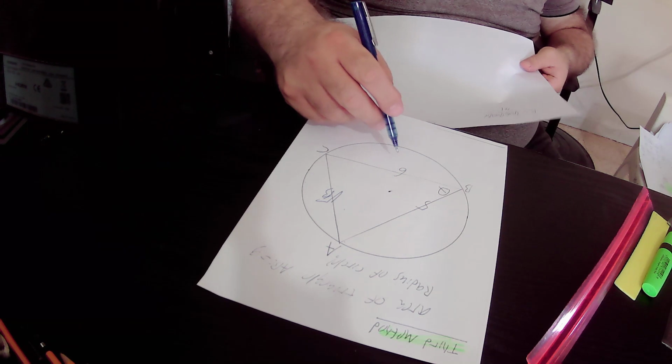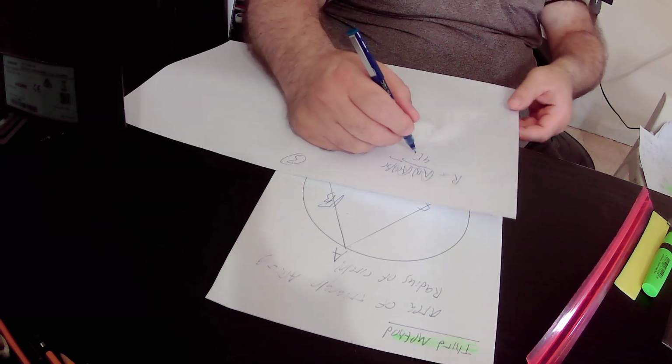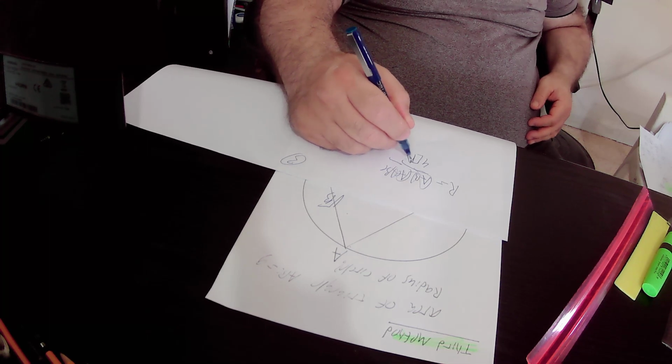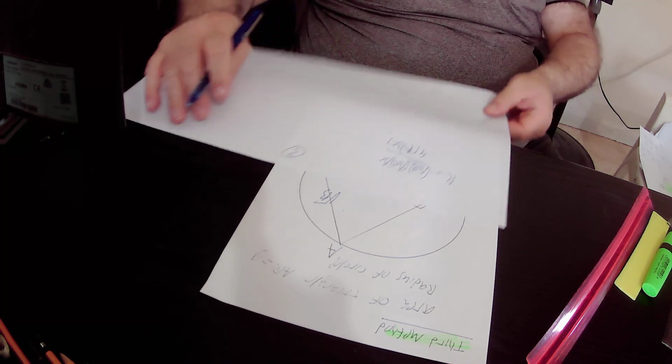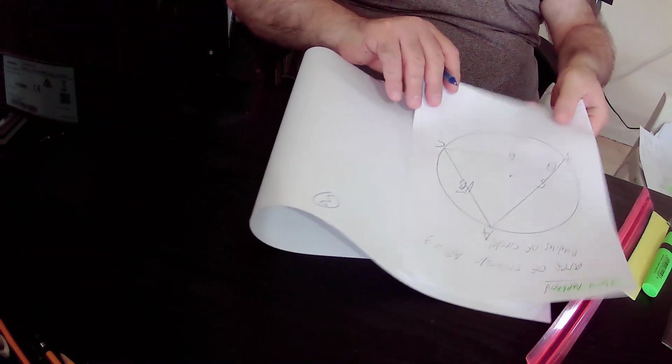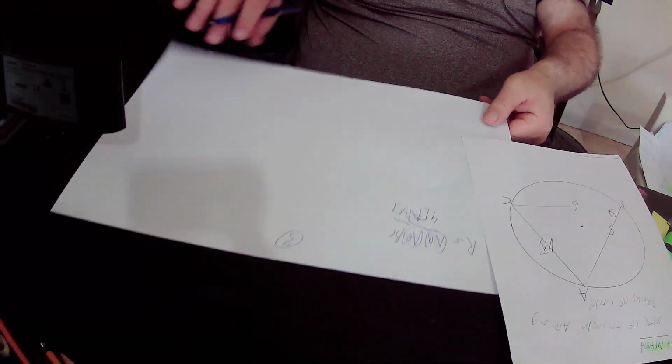In our case, it is triangle ABC. So the radius of our circle that circumscribes triangle ABC, according to the new formula, will be equal to